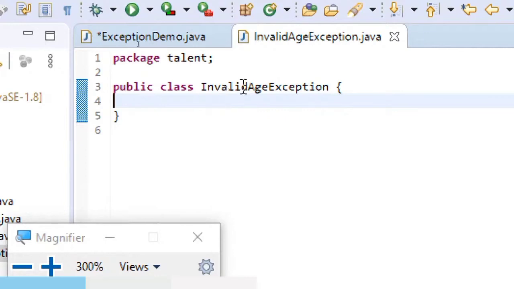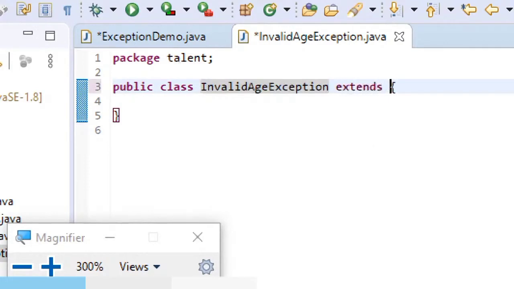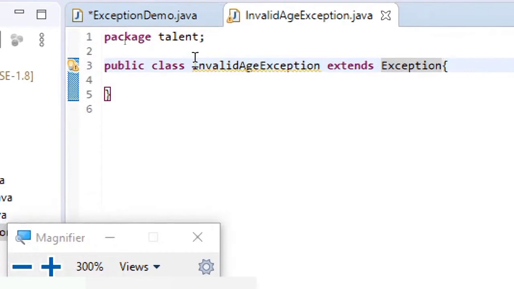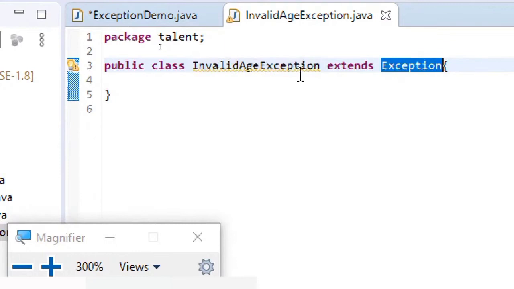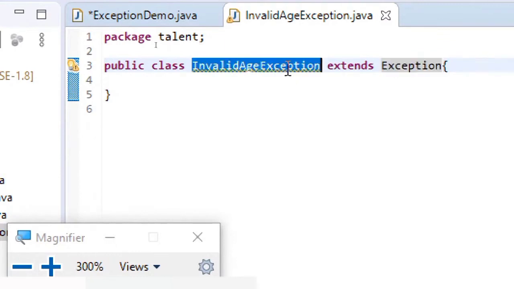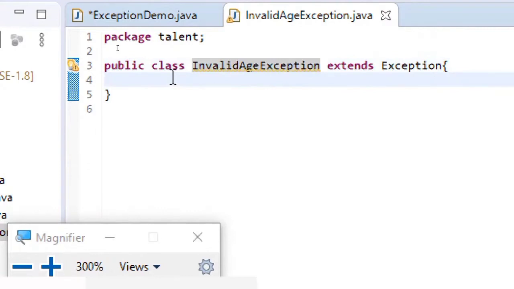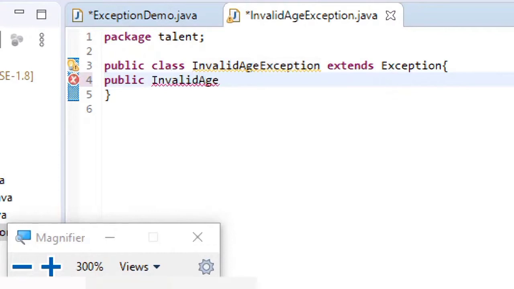And as I said, if you are creating an exception class, then your class should extend the Exception class. So here you can see my class name is Invalid Age Exception. Since it is extending from the Exception class, it is clear that it is an exception type. The super type itself will be applicable for its subclasses by nature. And then public InvalidAgeException, so I am creating my own constructor,